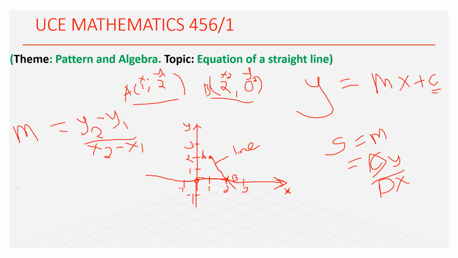So when I substitute to get the gradient or the slope of the line, I will get my 0